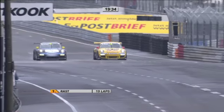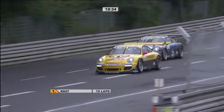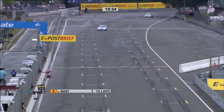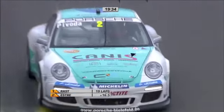René Rast now starting to lap people. Yeah, this is where the pros and the Ams are separated on a wet drying track. Well, there you see the dry line, don't you now? Absolutely. And I think you're right, Ben. They're not... If they were on the...